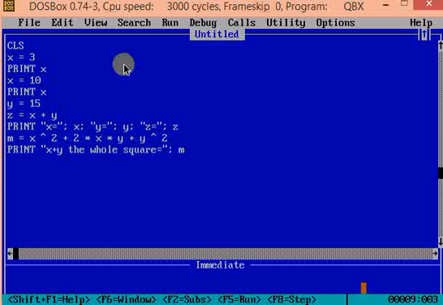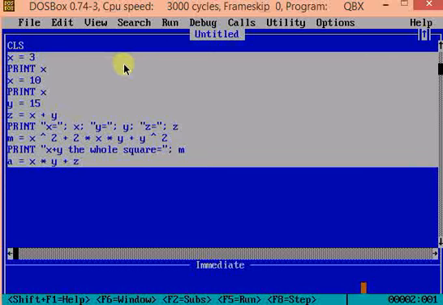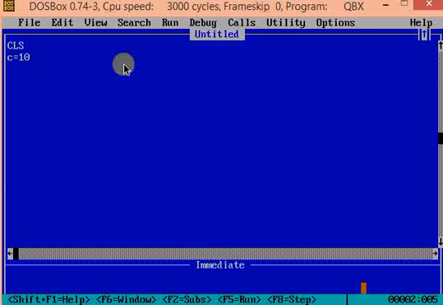In other words, in QBasic, the right hand side of the equal sign is expression which is evaluated to give a definite value, and then that value is assigned to variables on the left hand side of the equal sign. Therefore, if I write a is equal to x into y plus z, then the expression is evaluated first and then its value is assigned to the left hand side variable. Because of this assignment operation, you can write something like c is equal to 10 and then print c, then c is equal to c plus 1 and then again print the value of c.